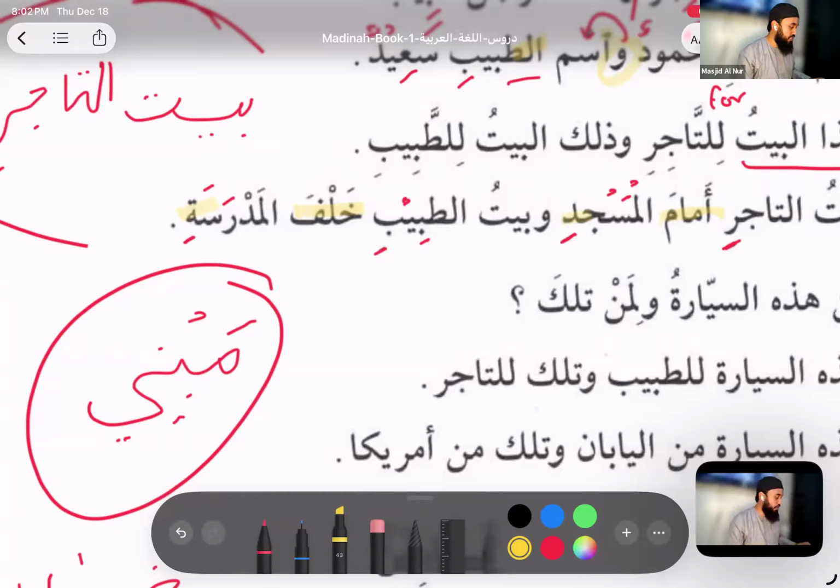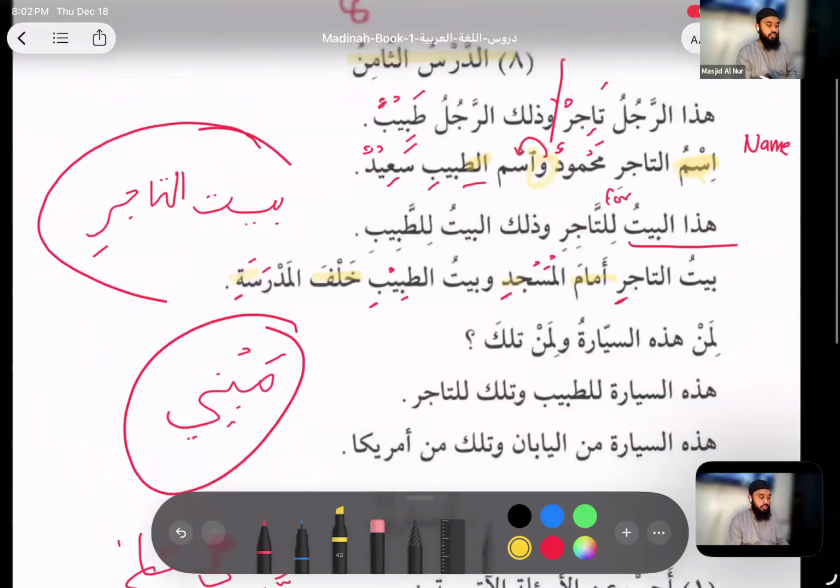So now, in your next test, if I were to ask you, what particles, what words cause the word right after to get a kasra, what would you say? You'll say all the huruf al-jar that we learned, correct? Fi, ala, ila, and min, we learned 4. You're going to say these words as well. Location: amam, which means in front. Khalf, which means behind. Fawqa, which means on top. Tahta, which means under. Is that clear, brothers and sisters?